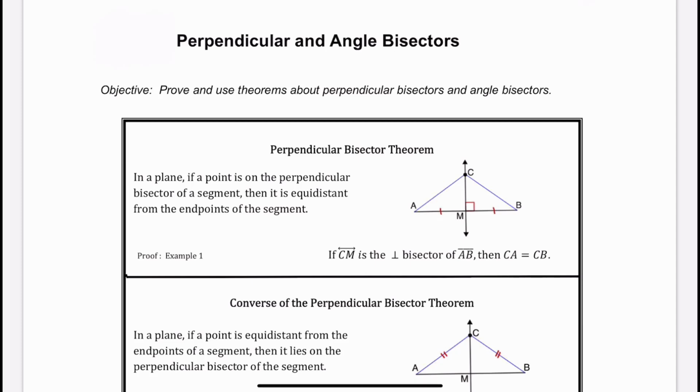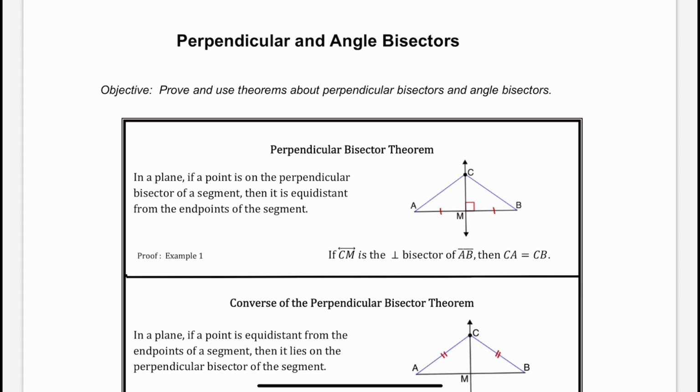Today we're looking at perpendicular and angle bisectors. Our objective is to prove and use theorems about perpendicular bisectors and angle bisectors. Our first theorem we want to look at is the perpendicular bisector theorem, and we're going to prove this in